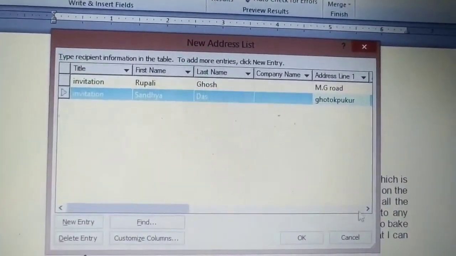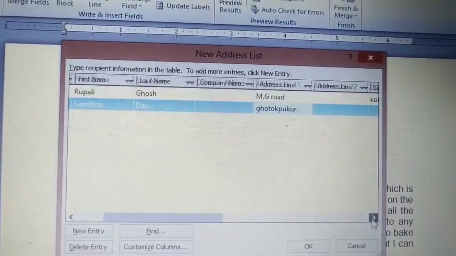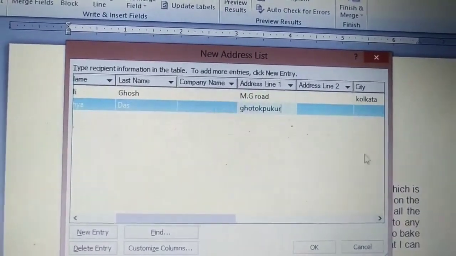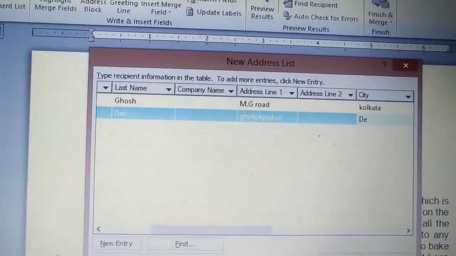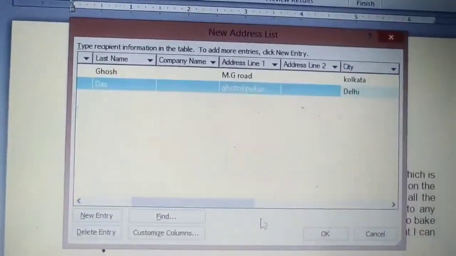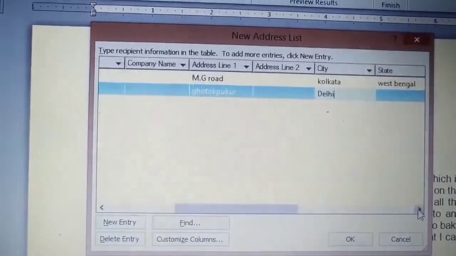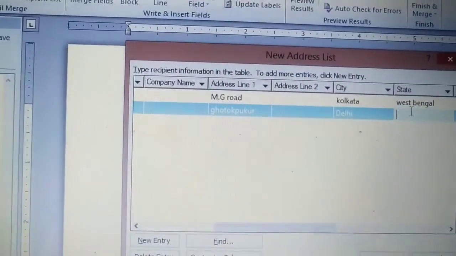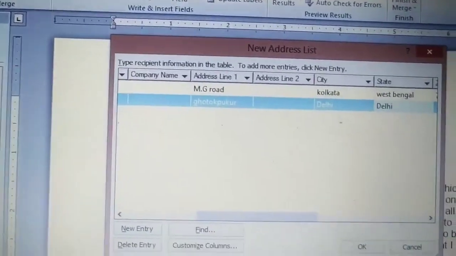I am giving this random address, putting it randomly.